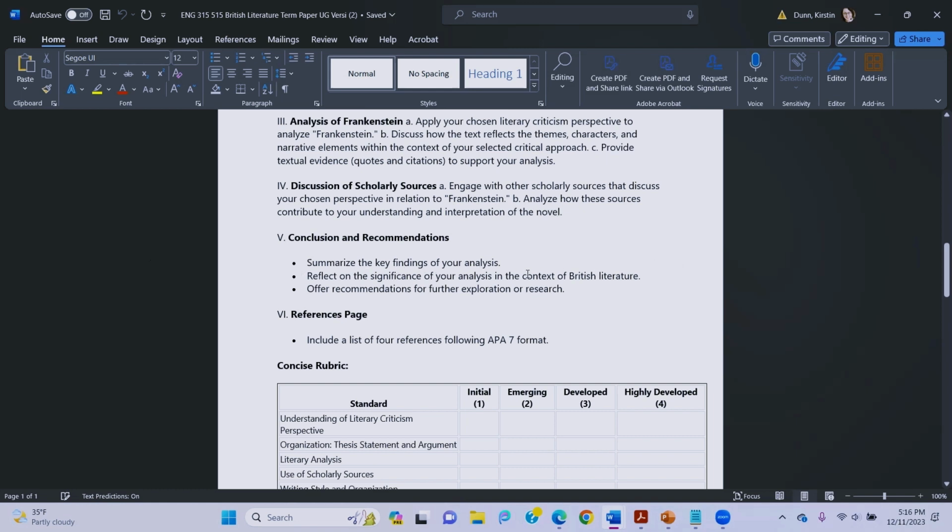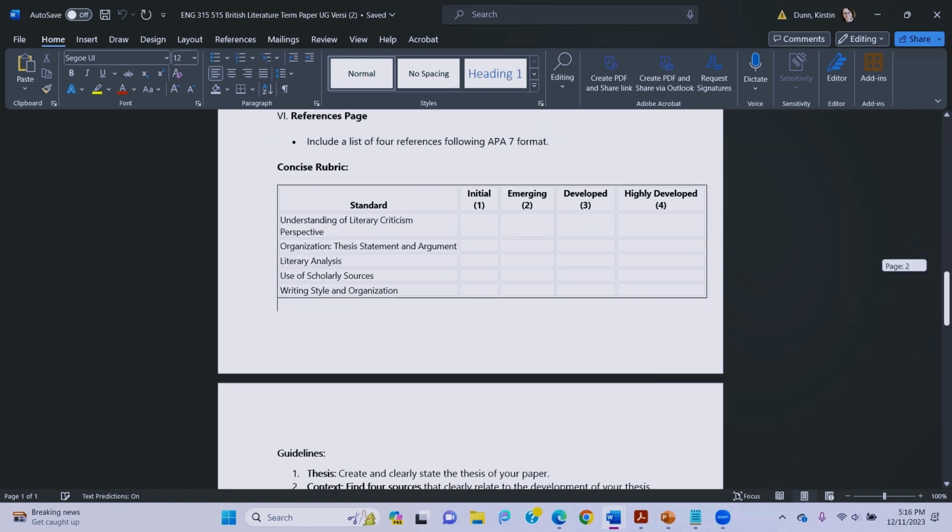Conclusion: summarize key findings of your analysis, and reflect on the significance of your analysis in the context of British literature. Offer recommendations for further exploration of research. References page. Now, the concise rubric is that students will be rated at a status of initial, which